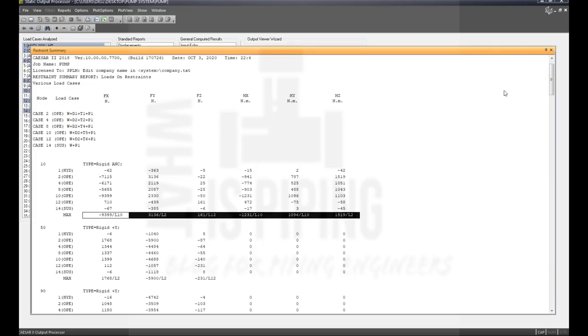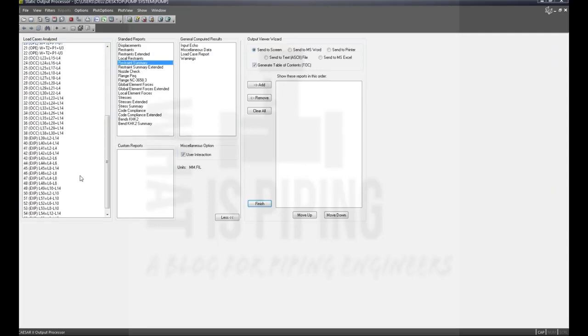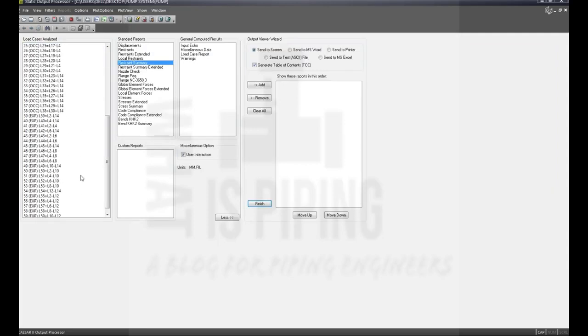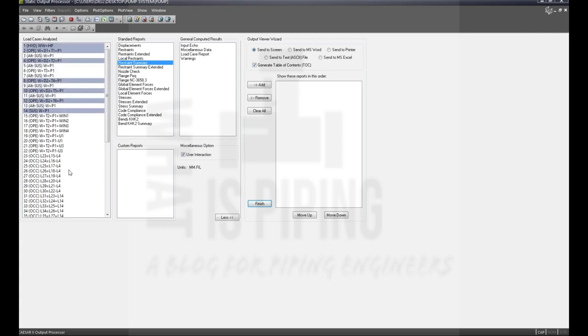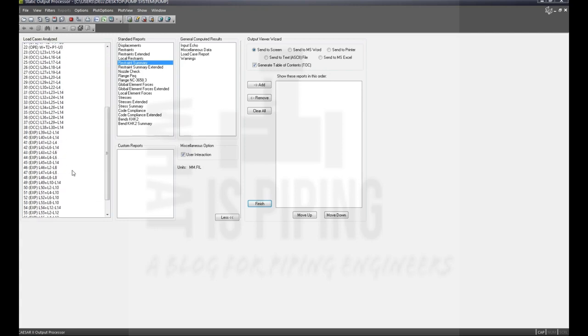Once all loads and stresses are within the allowable limit, you check support loads and displacements. If these are also within the acceptable limit, then the system is considered safe and the stress analysis results can be accepted.